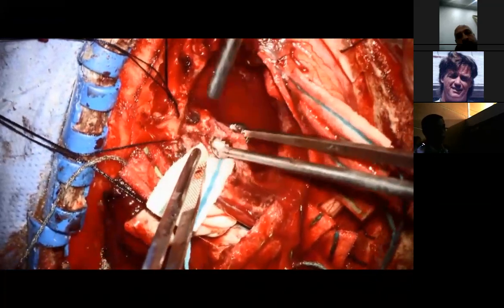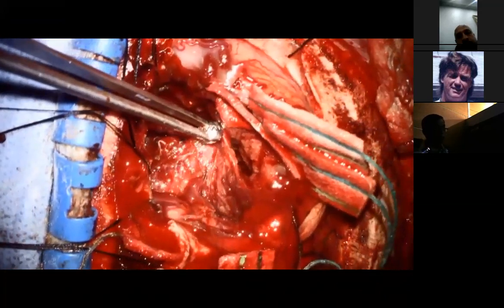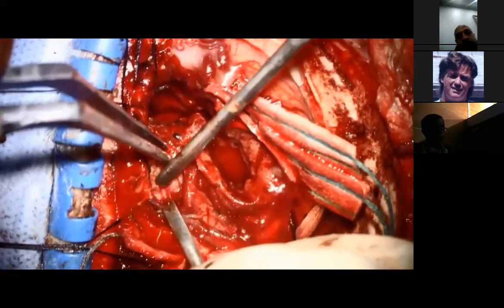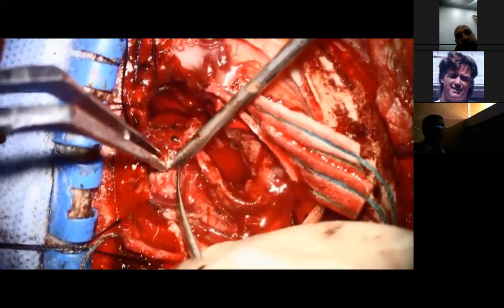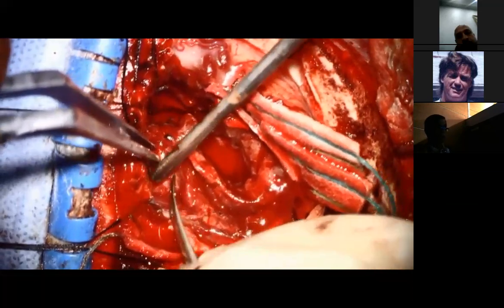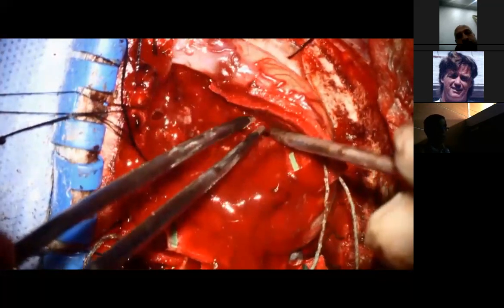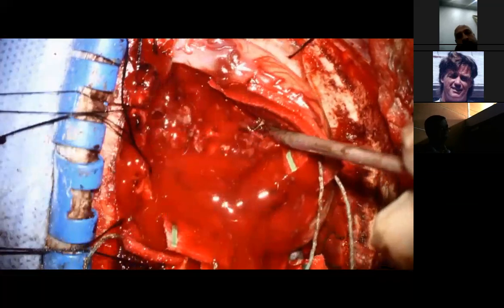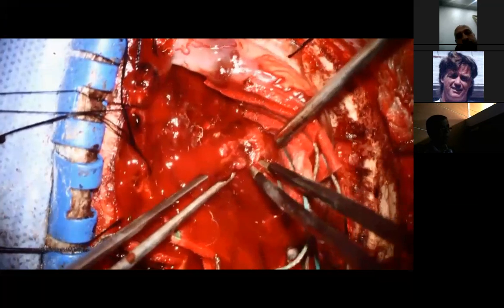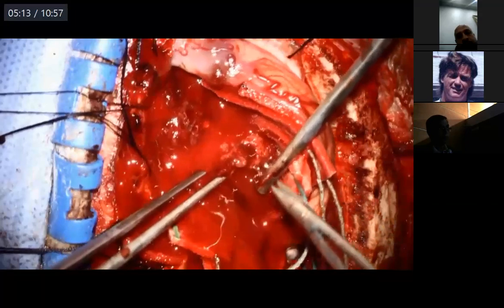You would come across enlarged veins like this. Some of it is draining the tumor, some of it is draining the normal brain. Again, these are very vital. If you damage them, you will cause venous infarct. And venous infarct will not show immediately. The patient will come out normal, and then she will have hemiplegia 8 hours later. So these are the veins that you want to protect. Again, here is cutting the blood supply to the tumor, preserving the normal vessels.